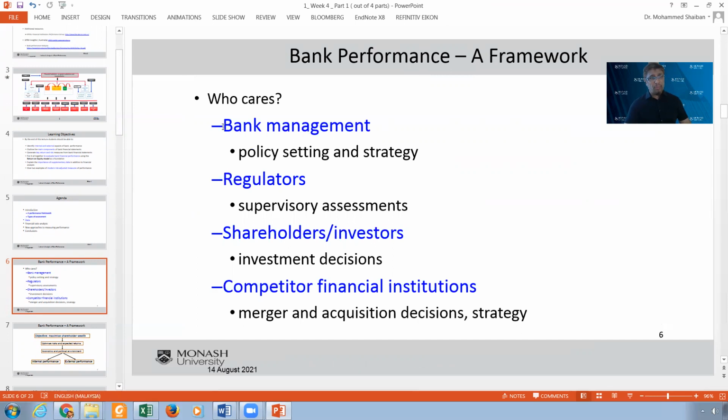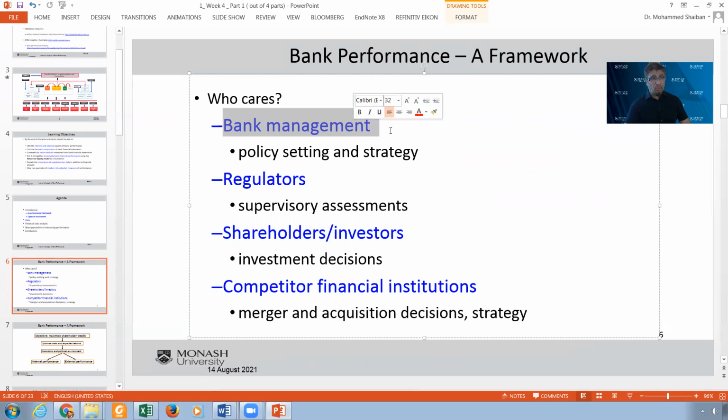Actually, the bank management need this information about how we are performing. For planning purposes, they need to do that, and for evaluating, and this is a basic management thing they have to do, and this should be on the performance. But we have now a new party, which we don't find actually in a normal business term, which is